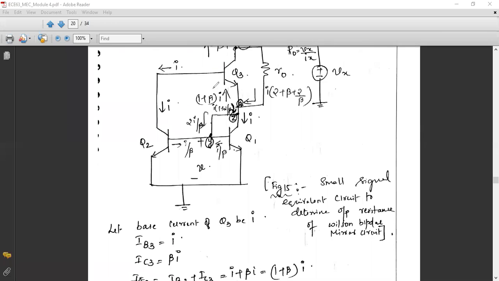Now we see that there are three transistors here, where Q1 and Q2 are matched transistors. Kindly note Q1 and Q2 are matched transistors, and because of which their collector current can be identical. So please mark this current I. No need to study these expressions by heart.